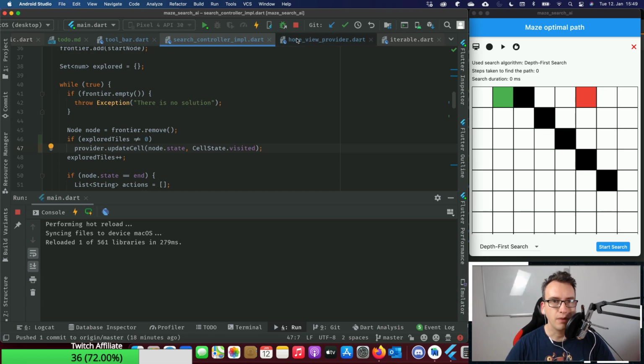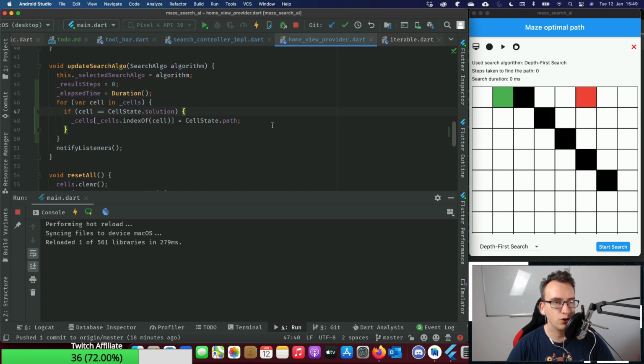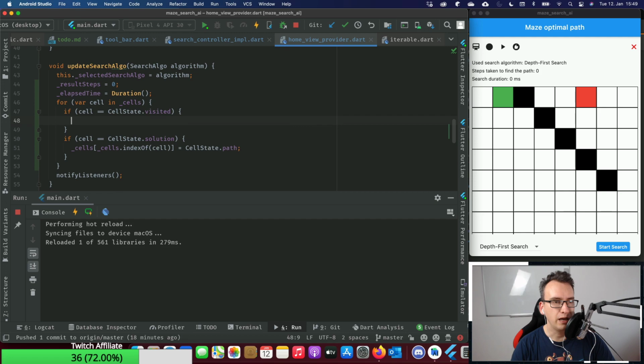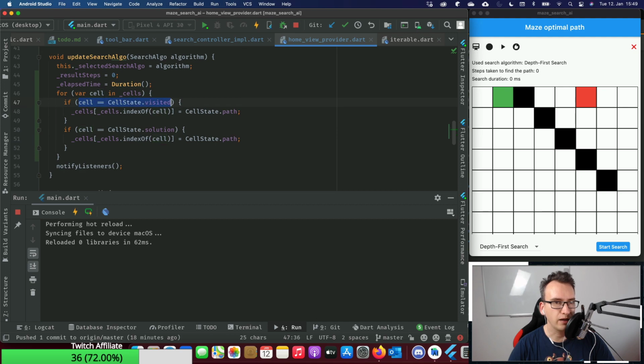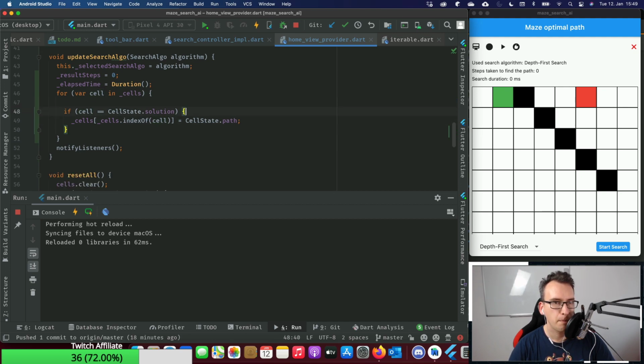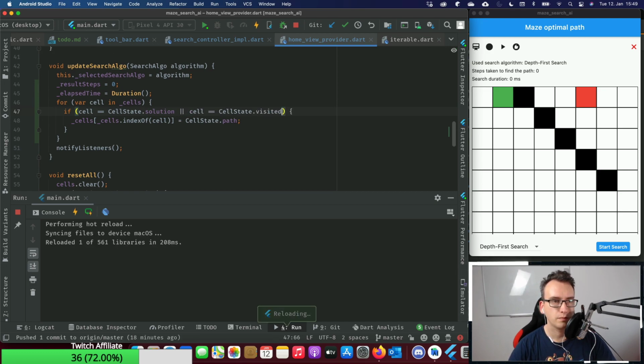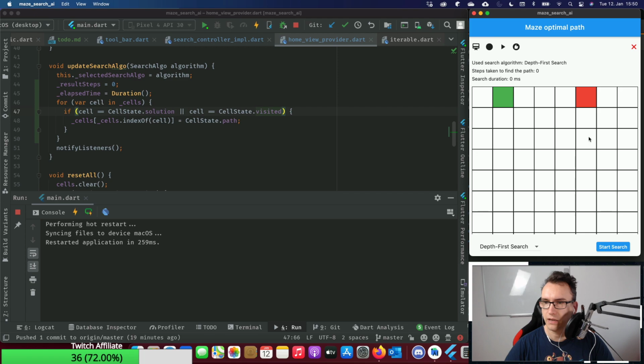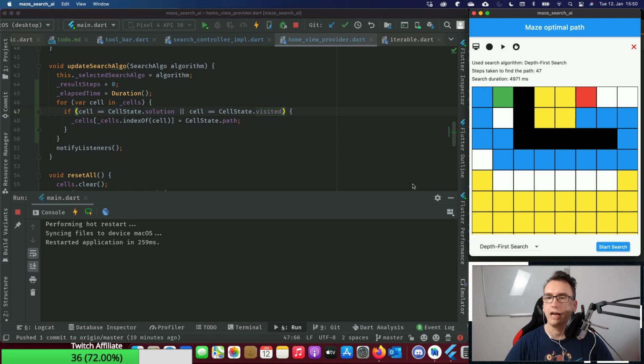And the method here will have not only to find the solution, but it will also need to find the visited. And do the same thing here. And if we see something like that, we can of course combine them. Okay, start again. So we have our start and our ending. Create that block of a search and start search. Yeah, way better. Okay, and if we change now, it works still. Perfect.